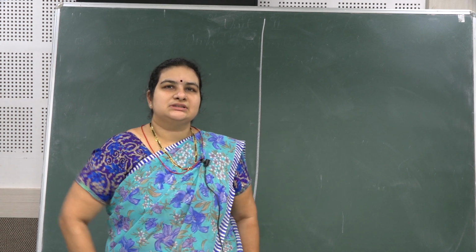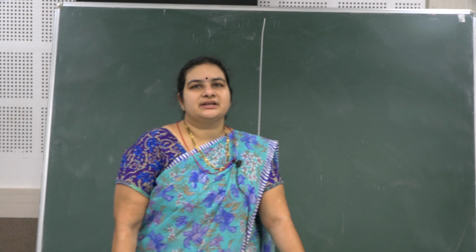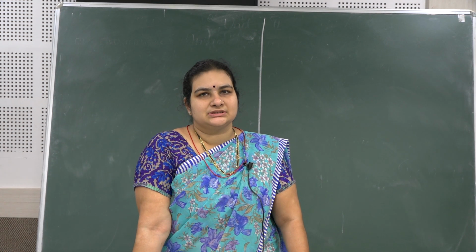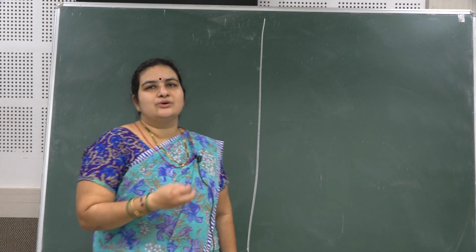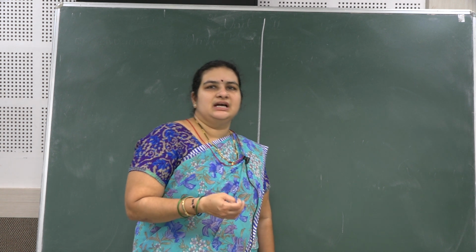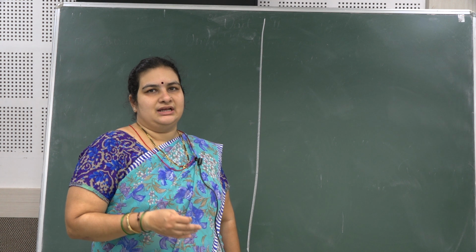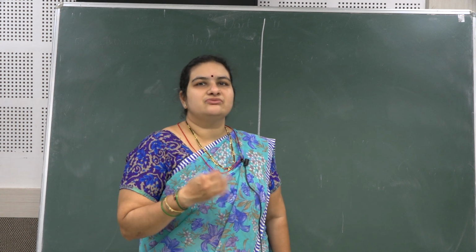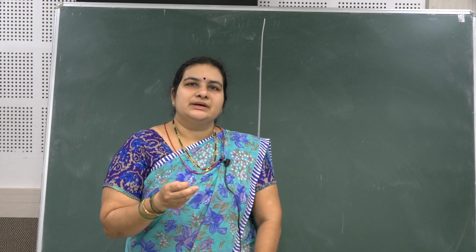Good morning, students. In the last class, we discussed atomic radii, variation in the atomic radii, and ionization enthalpies. I explained the graphs, how the atomic radii vary along the period and in the groups 3d, 4d, and 5d, and how the ionization enthalpies of some elements vary and the reasons for it.